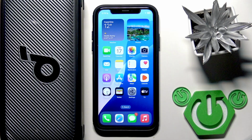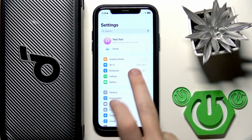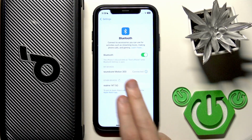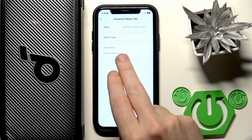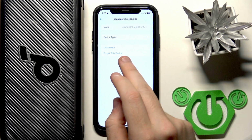You have to start by opening Settings and then going to Bluetooth. Now click the information icon next to your speaker in the device list. And right here at the bottom we have a button called Forget This Device, and before I tap on